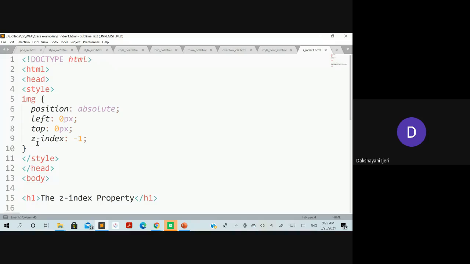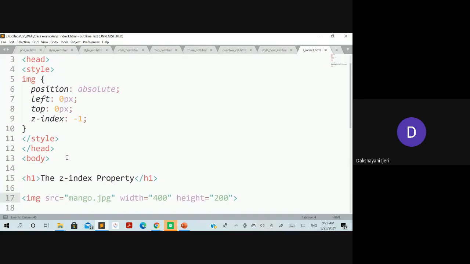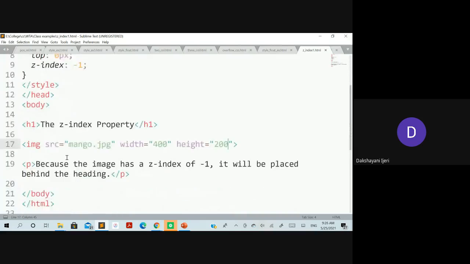And one more thing, the image has the Z index value of -1. That means this has to appear at the back end, whereas the rest of the content within the body section has to appear overlapping with this content. Okay, so we'll see what has been done here in the body.